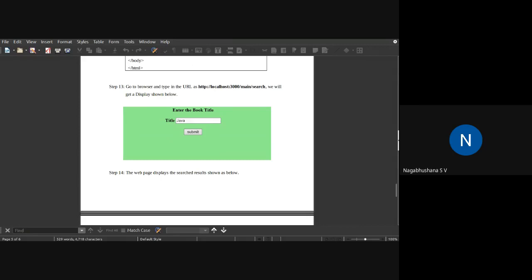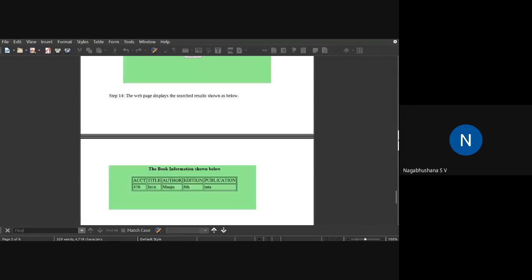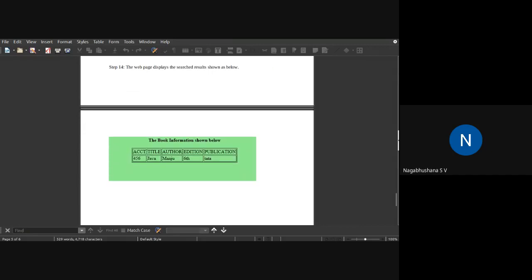Click on the submit button, scroll down. You can see the table here, the information. Is it clear to all of you? Yes, sir. I will show you that coding also.